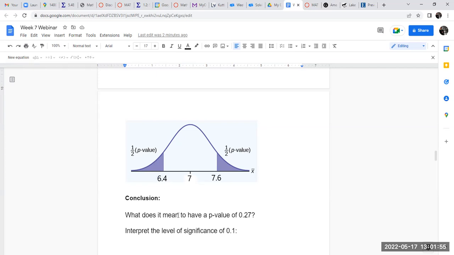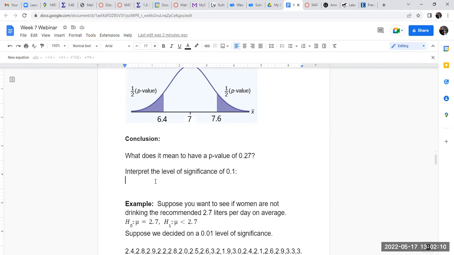So first thing, if our p-value is 0.27, that means that the total combined two areas here is 0.27 because it's two tails. It's the area of both tails combined. So now we can say there is statistically insignificant evidence. Okay, notice the other one was significant. It doesn't change much. You got to put that IN in front to make a conclusion